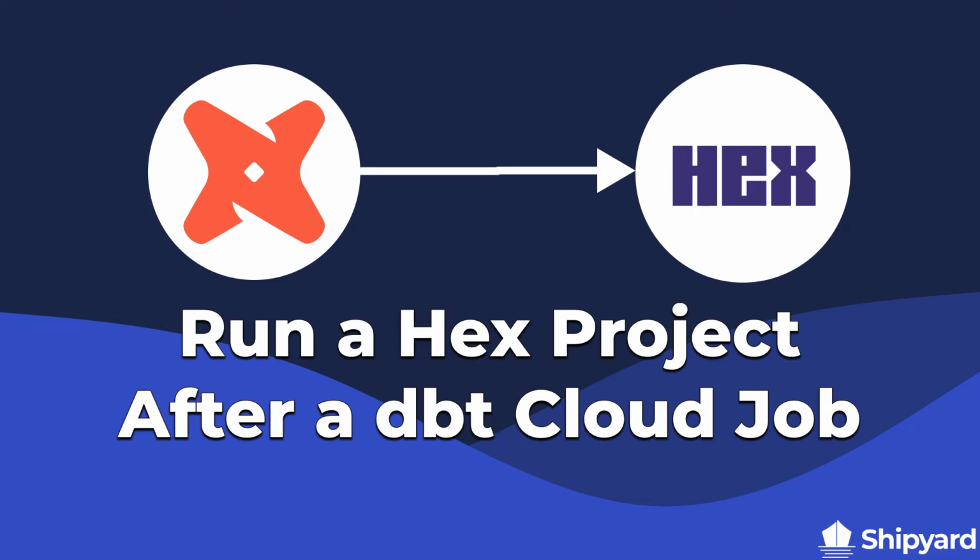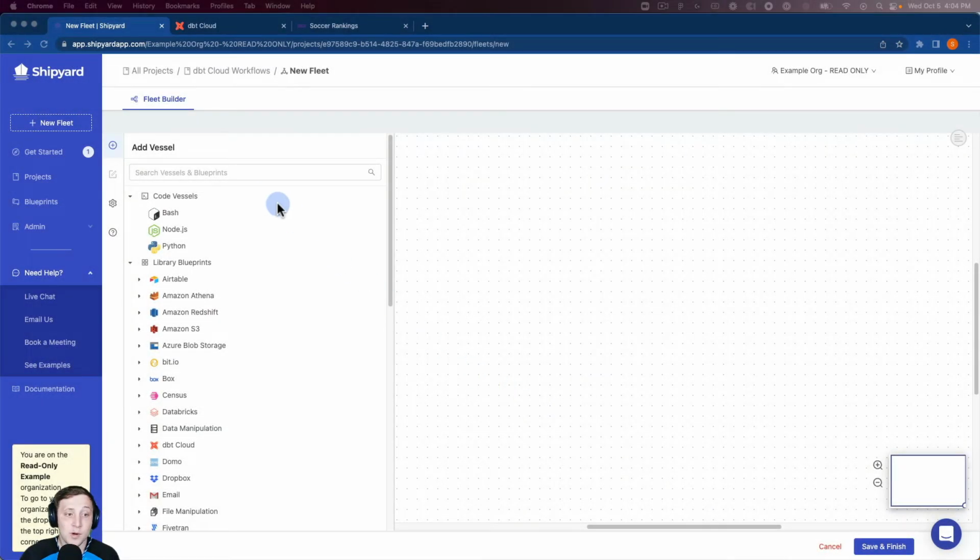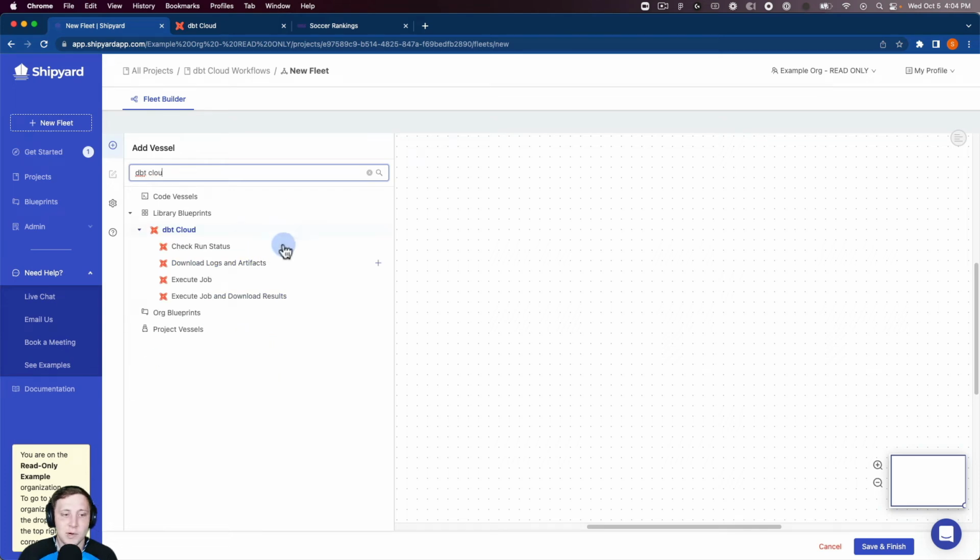In this video, we'll discuss how to automate running a Hex project right after a DBT Cloud job. Let's dive in. We're going to jump right into the Shipyard for this one, and we're going to start with our DBT Cloud blueprints. So I'm going to search for DBT Cloud, and we want to start off with executing